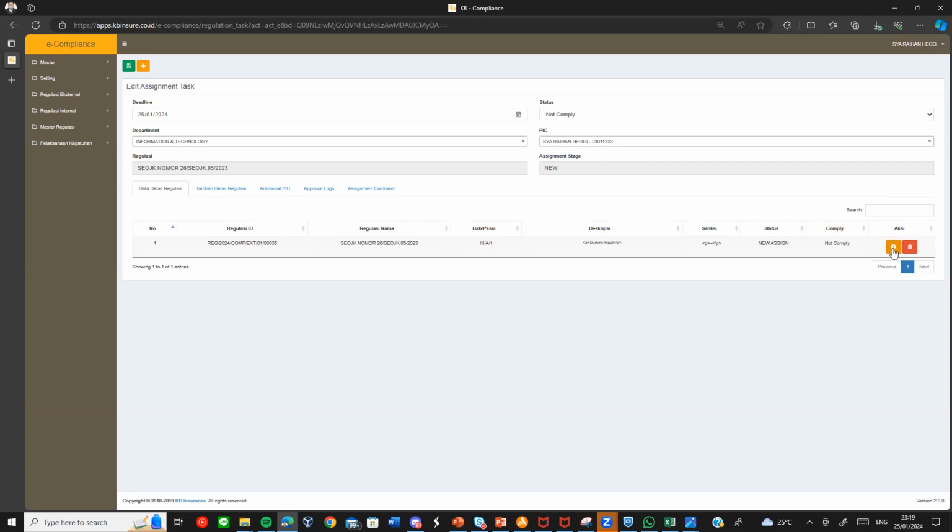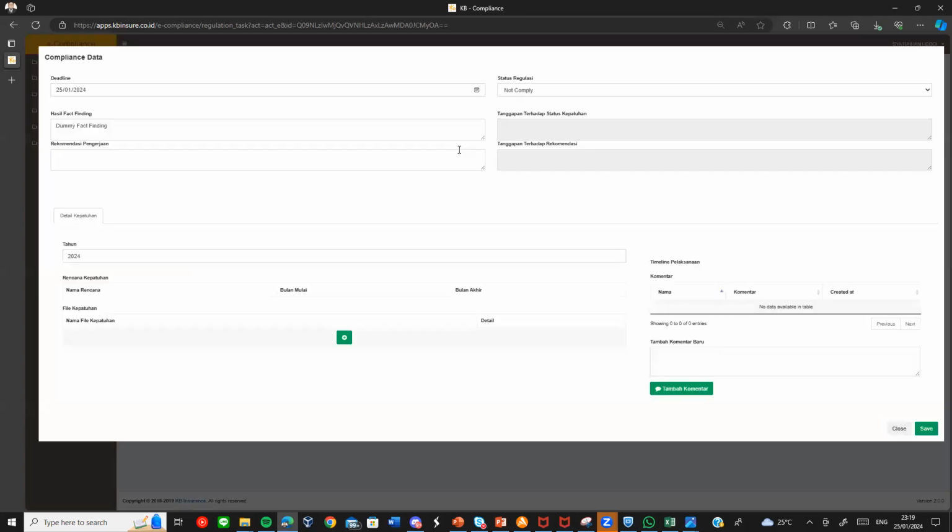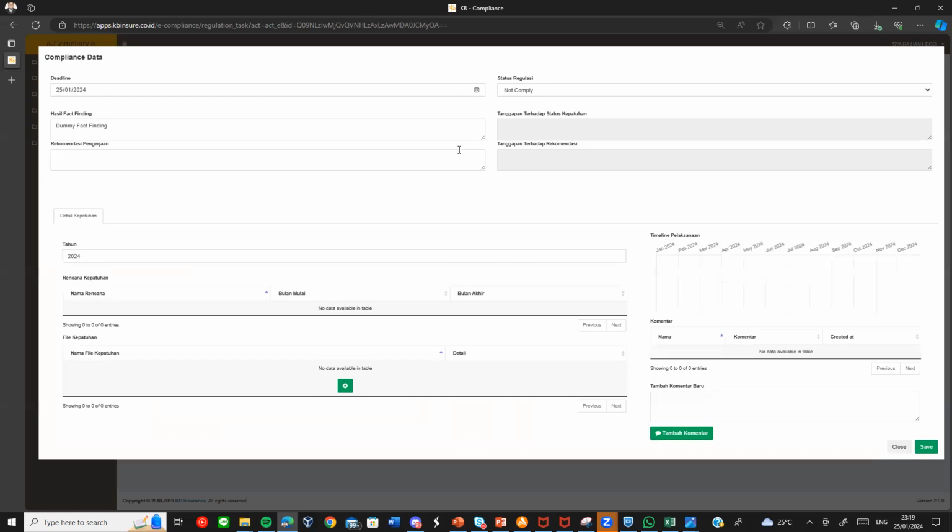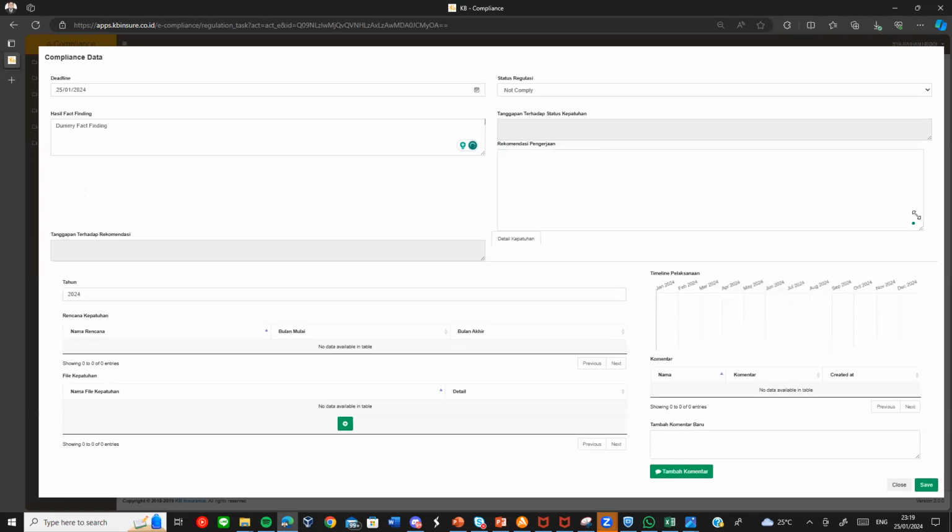We just need to click the info icon button with the yellow color, and we need to adjust the deadline of the regulation and input the recommendation and many things like that.